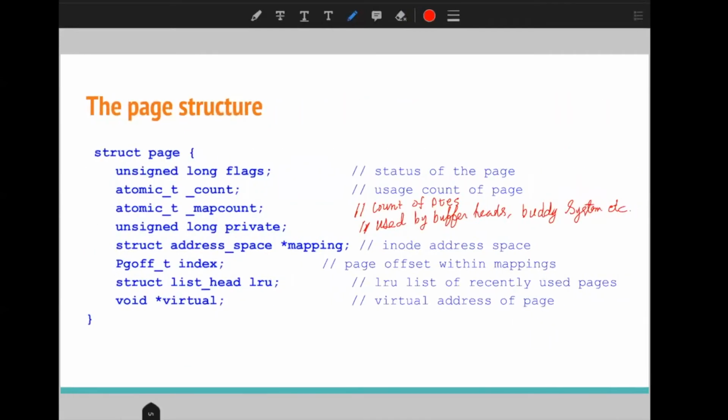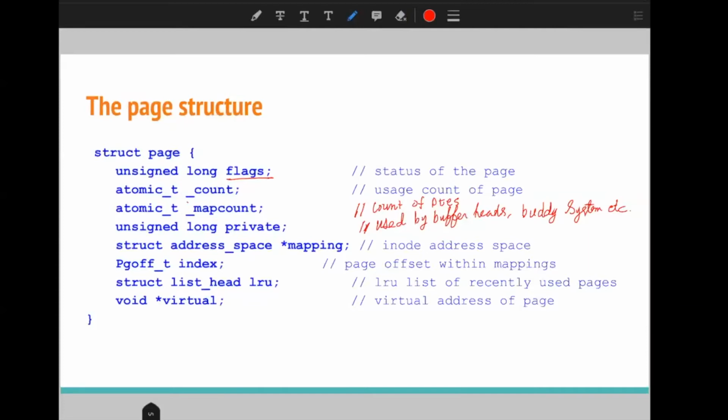So this is the structure of page. It contains different members. The flags member tells the state of the page, like whether it is dirty or locked in the memory.